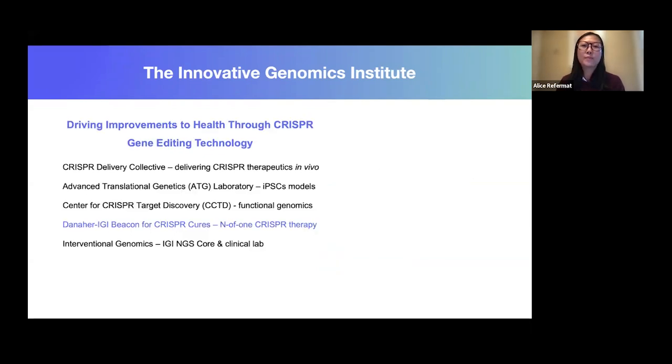And so the Institute has various initiatives or centers focused on different parts of CRISPR technology development. For example, we have a consortium that is advancing CRISPR delivery in vivo, driven by advances in lipid nanoparticle technology or peptide-based RNP delivery, in addition to adenovirus-based delivery modalities. And there's another similar part, ATG, Advanced Translational Genetics, that is building arrayed iPSC models